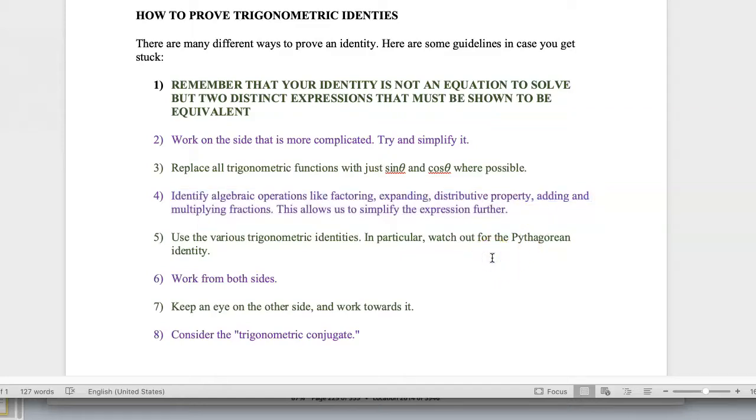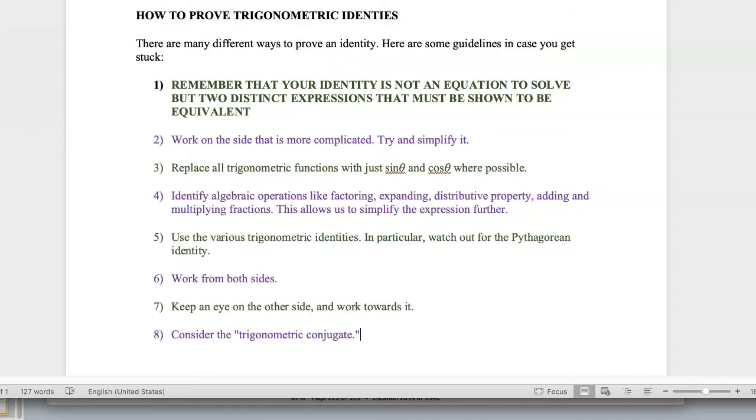Use the various trig identities. Have the back of the book open so that you can see those fundamental identities. Here's another technique that works really well. Work from both sides. Keep an eye on the other side as you're working towards it so that you know the direction you're heading. And then also consider the trigonometric conjugate. So if you have cosine theta plus 1, the conjugate would be cosine theta minus 1. Anything that's going to create a difference of squares is usually good because you can create a substitution using one of the fundamental identities. Alright, so that's the basic overview, and now we're going to actually dive into some of